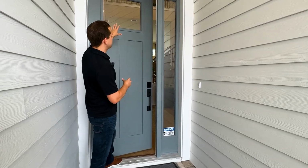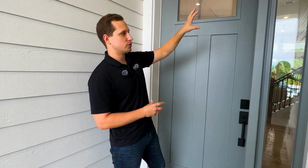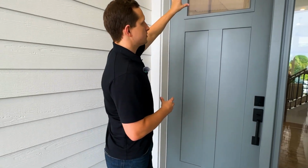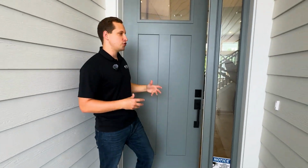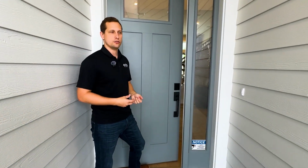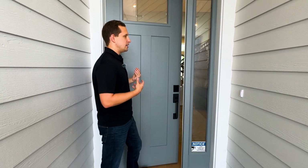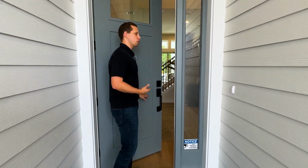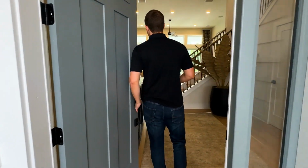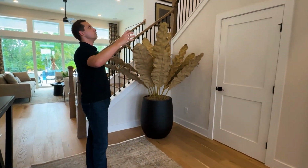As we come up to the front door, you'll notice we do have a nice 9-foot tall door. They did include some glass inserts to provide some natural light in. But what I like about this is you don't have the all-glass door, which a lot of builders like to use and a lot of people like to have here. So it still gives you some privacy, because even though it's a very active lifestyle here in Nocatee, it is nice to still have some of your own privacy, especially with the front door of your house. And then as we come into the house, we're greeted with a very large